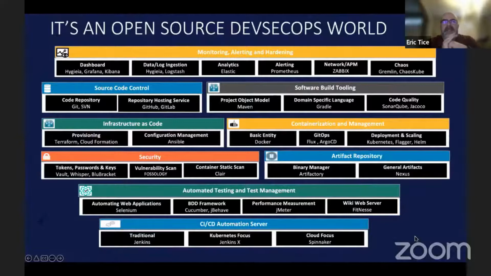So thinking about the ecosystem and open source, a little bit about DevSecOps, it's really quite broad, and some of you, if not all of you, have seen the DevOps periodic table, which encompasses a lot of the DevSecOps features, although it's fairly light in the security aspects. Here are a number of potential broken down capabilities in open source that are used in a DevSecOps kind of component. And certainly this is not holistic. There are literally hundreds, if not thousands, of other tools that you can use in this area, but these are some of the more popular ones in the industry right now in areas like container management, security, artifact repositories, and others. But as you see, it brings together all of the SDLC components like source control, infra as code, monitoring,